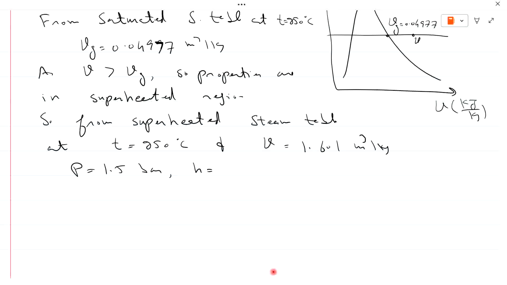Enthalpy is equal to 2973 kilojoule per kg. Internal energy is 2733 kilojoule per kg, and degree of superheat is